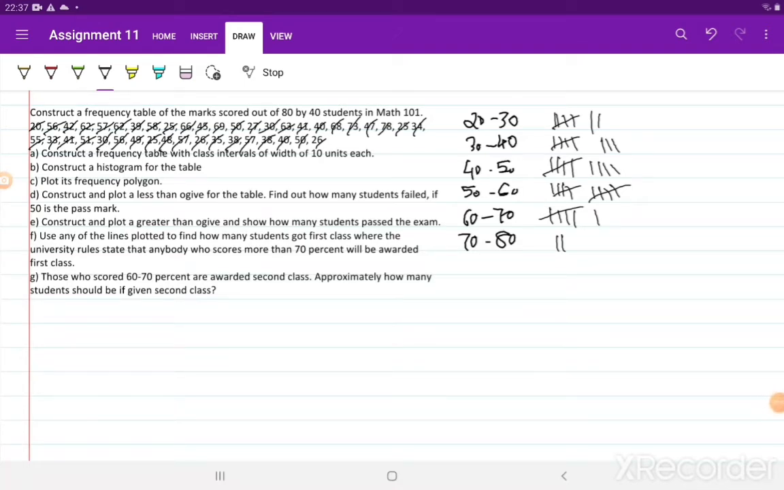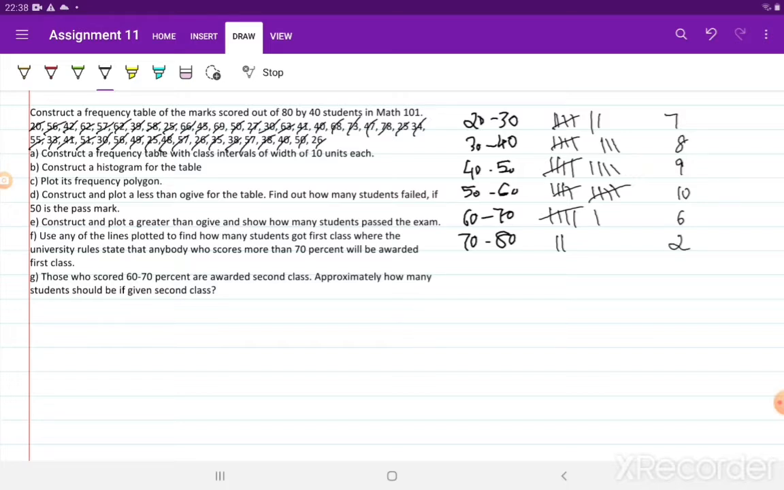So I completed the tally mark part. So let me just add up to get the frequency. So 20 to 30, I have 7 observations, 30 to 40, 8, 40 to 50, 9 observations. In the class 50 to 60, we have 10 observations, 60 to 70, 6 observations, and 70 to 80, 2